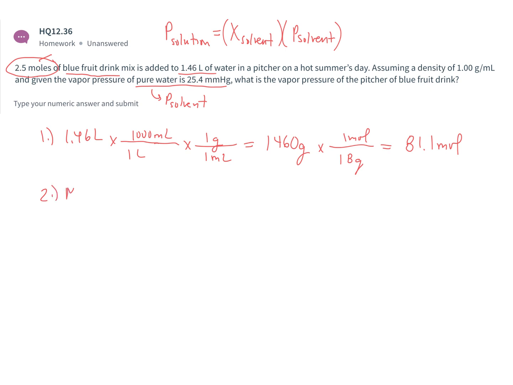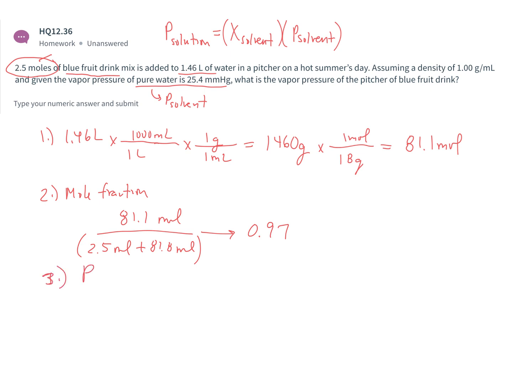Now I can find my mole fraction, right? The mole fraction, okay, I have 81.1 moles of water over my total. My total moles would be 2.5 moles of my solute plus the 81.1 moles of my solvent to get a mole fraction of about 0.97. Now I can use Raoult's law,